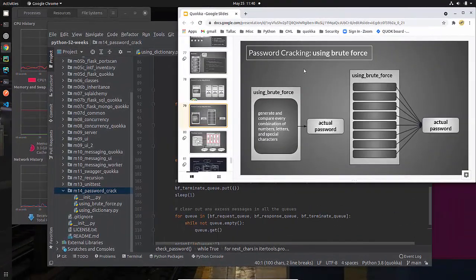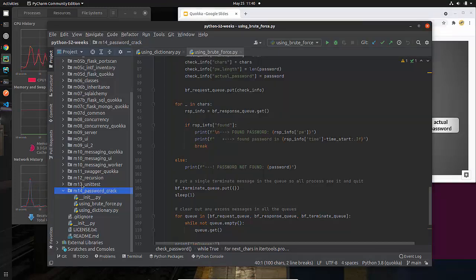So brute force cracking of passwords. I want to show you a little bit about how that works. So you'll notice first over here, here's the code that I have created. So I have a little bit renamed things and reorganized it. I'm calling this module password crack. I probably still don't like that name that much, but that's what we're looking at, cracking passwords.